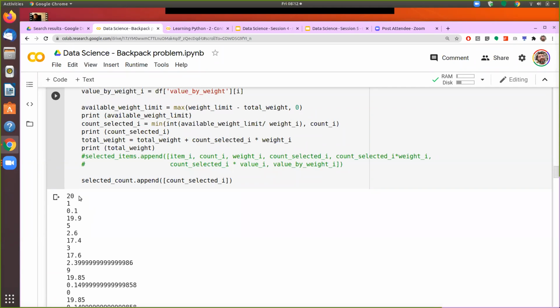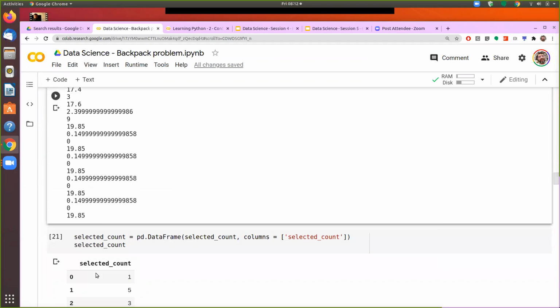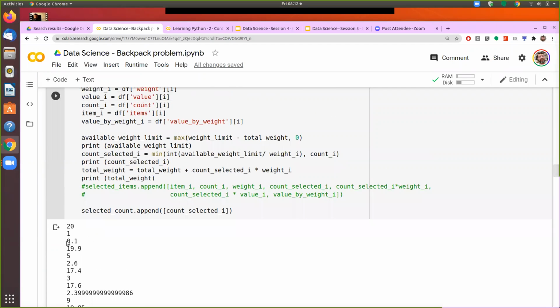It is showing the available as 20. I selected one item. Total weight I have put inside the bag is 0.1. In the next iteration, available weight is 19.9. I select 5 items, and the total weight which I have put inside the bag is 2.6, and so on and so forth until I reach the end.